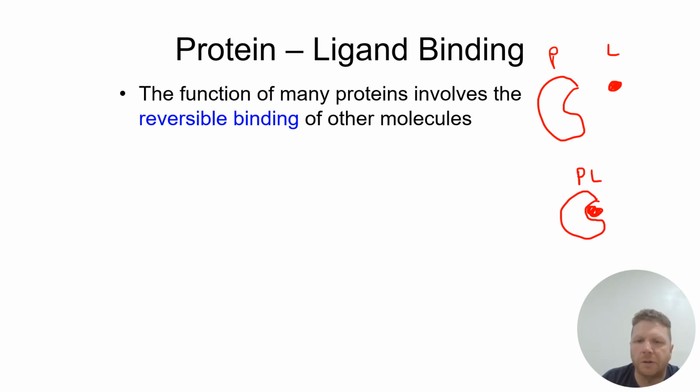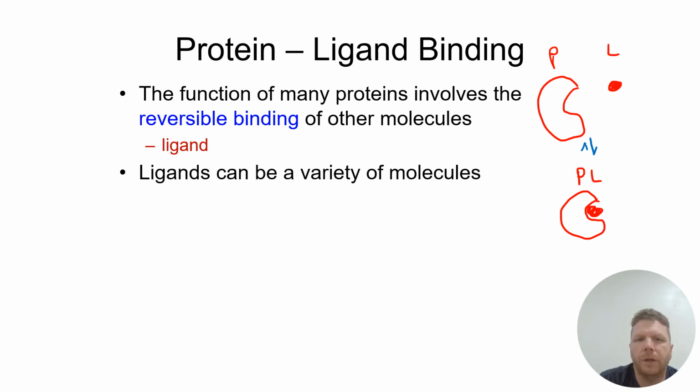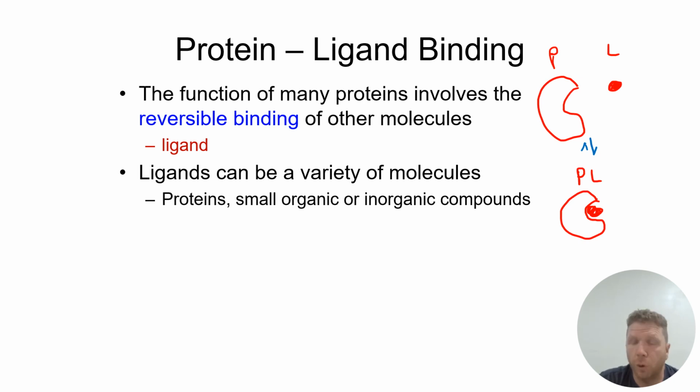Now, basically, since Gen Chem 2, one of the fundamental things that you talk about is equilibrium. So this complex forming and this complex dissociating, or associating and dissociating. Now, this big term ligand, that's our smaller molecule that binds to a protein. Ligands can be a variety of molecules. They can be proteins themselves, they can be small organic or inorganic compounds as well. Ligand binding is, so this event right here,